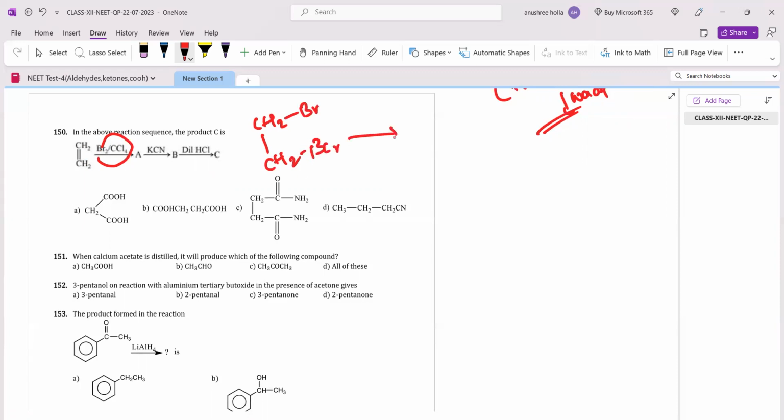Next, what are we doing? We are adding KCN. So this will be K plus and CN minus. Now I've got another nucleophile. This nucleophile will substitute this bromine. So you'll get